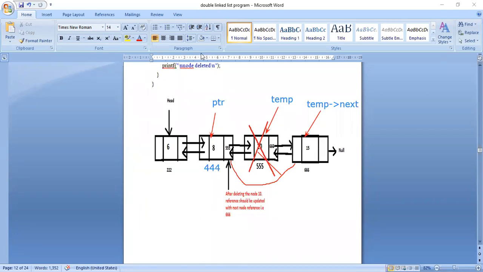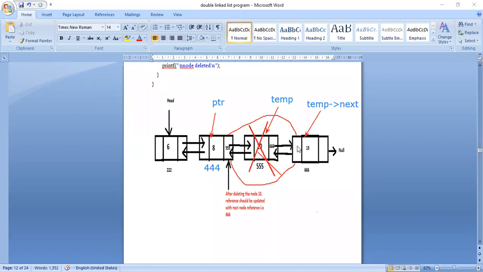Okay. So two links I have to change. One is this one. Simple things you can understand. I have to change the next part of PTR, and I have to change the previous part of temp of next.